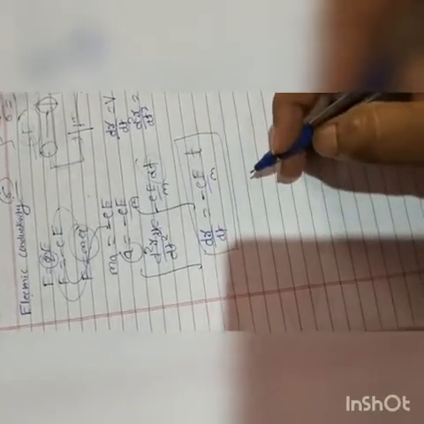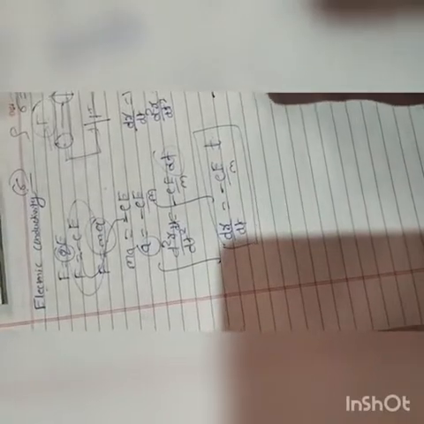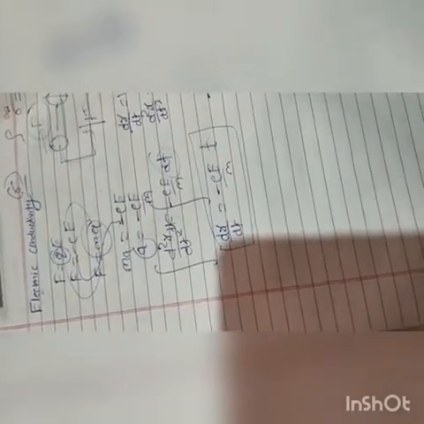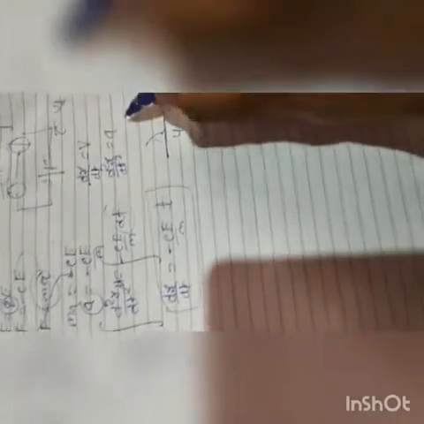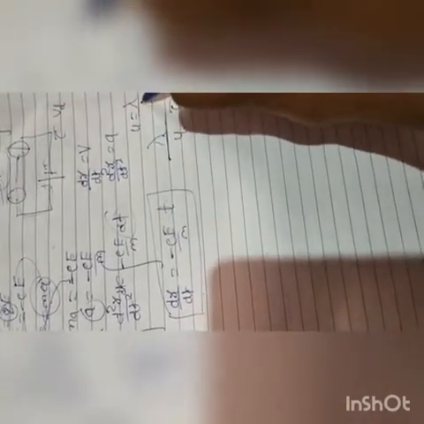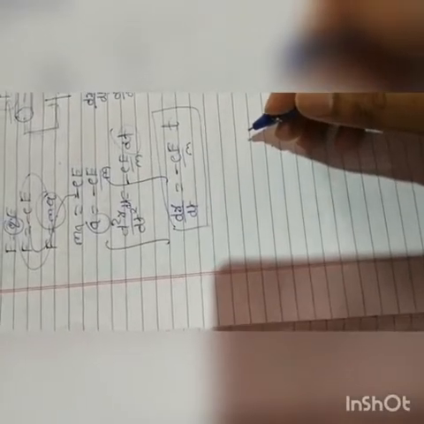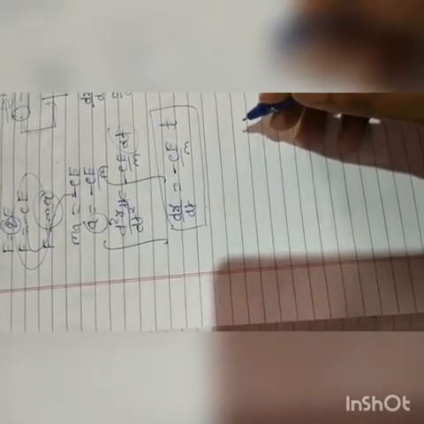Next, the mean free path is the distance between successive collisions. The distance covered is lambda and the velocity is u, so the time is tau. The basic formula for velocity is u equal to displacement lambda divided by time tau. On cross multiplication, the time interval between successive collisions tau is equal to lambda divided by u. This is the equation.